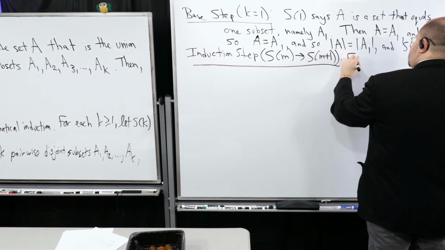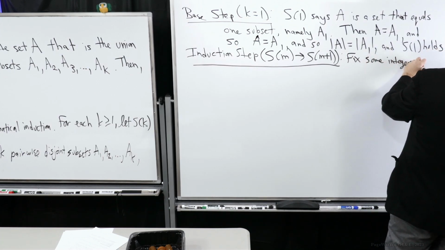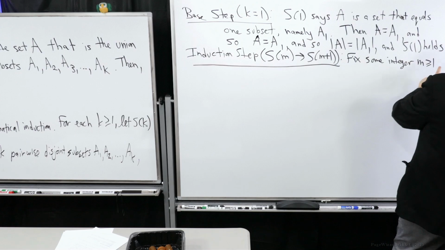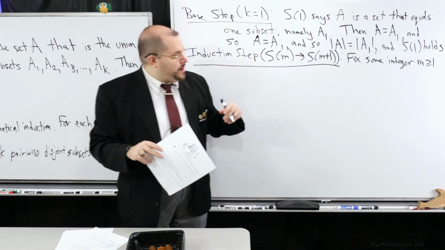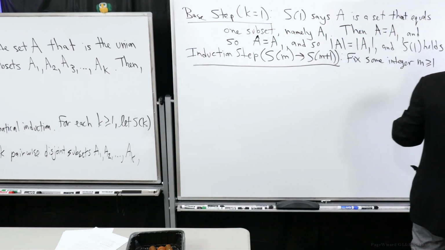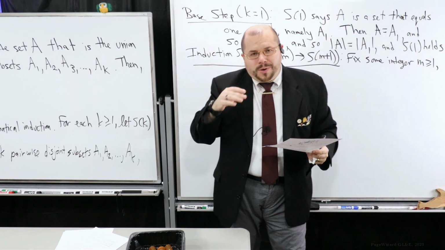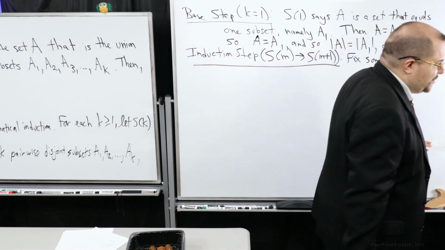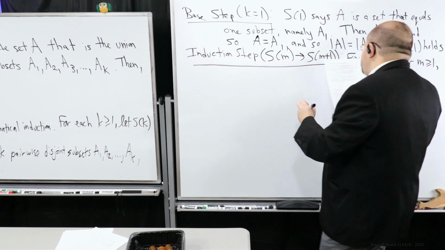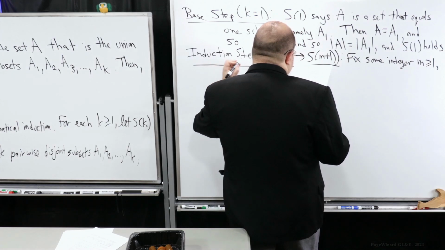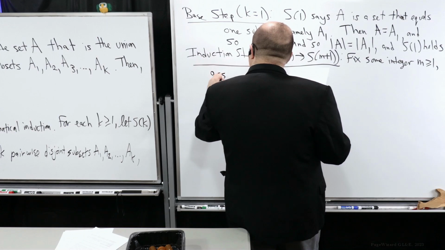So we're going to fix some integer m, which is going to be greater or equal to 1 because we proved it up to 1. That's why I picked 1 there. Imagine I'm climbing up a ladder, but I only go up to where the induction needs to begin. So we're going to fix that and assume